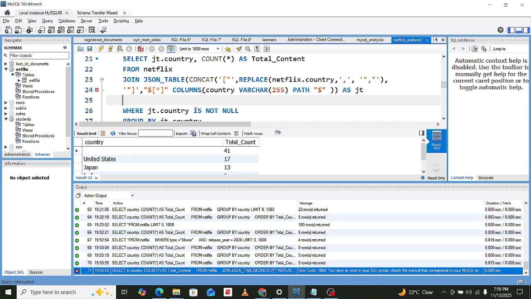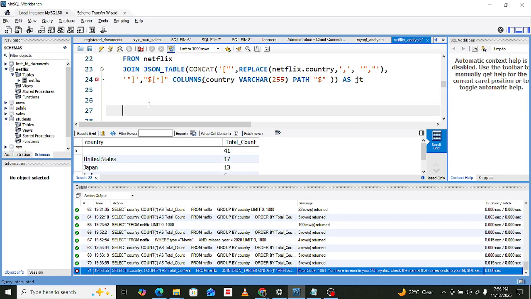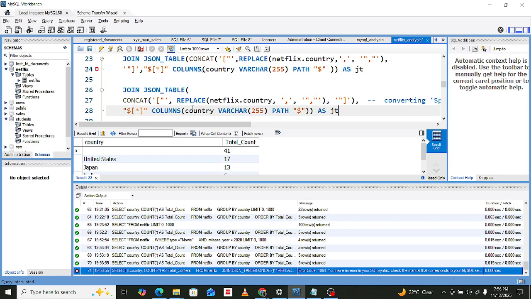Yeah, I think it's just right here. The joining parts. I would really like to know why we are making a mistake. That is up the JSON underscore table concat. I think up to that point it's okay. Then I replace Netflix dot country. Let's see through these.